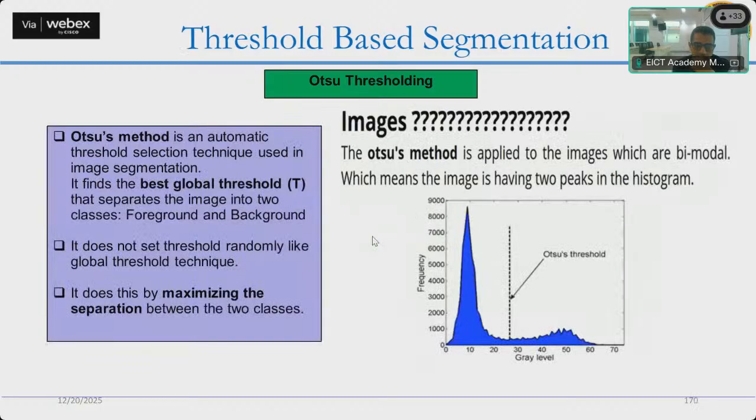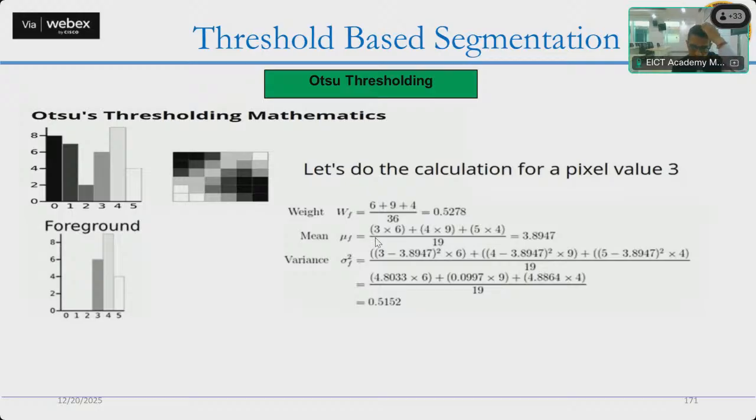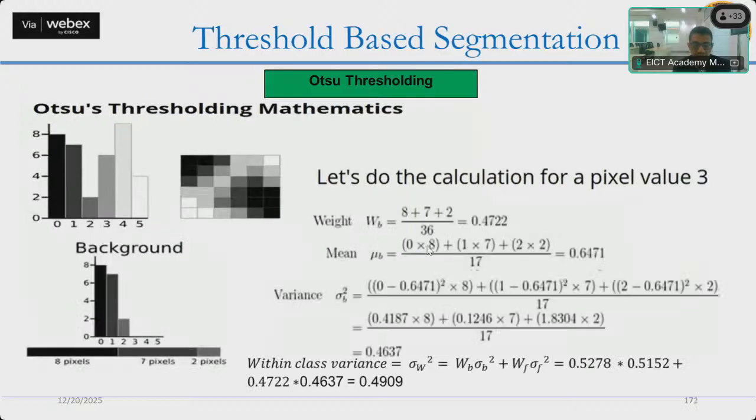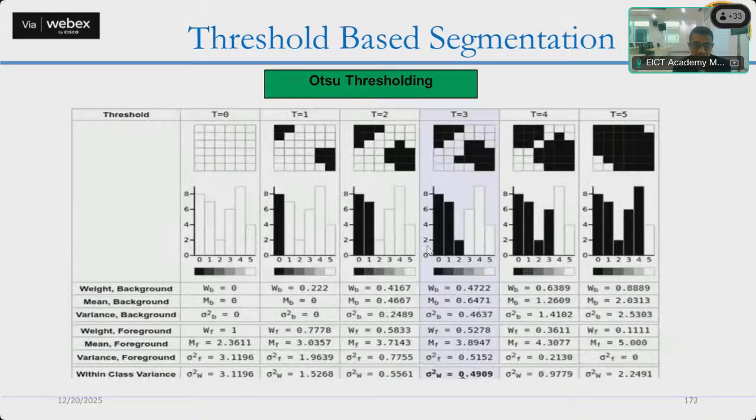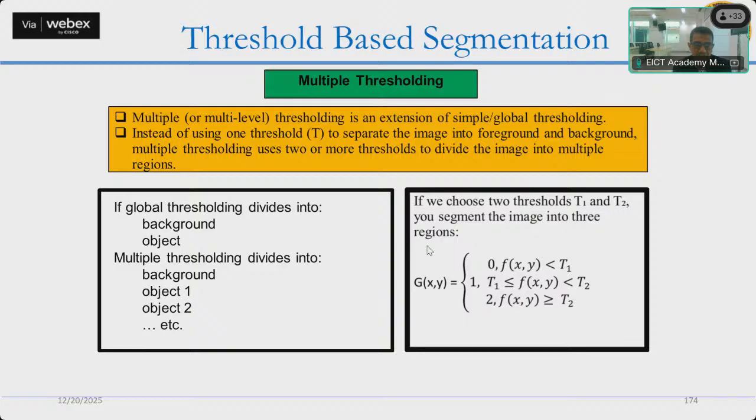First we calculate for pixel value 3, and then you calculate the mean value, and then the variance, and thereafter the within-class variance. This value is given for this thresholding. Then for multiple thresholding, see, there was basically one threshold, and multiple thresholding is an extension